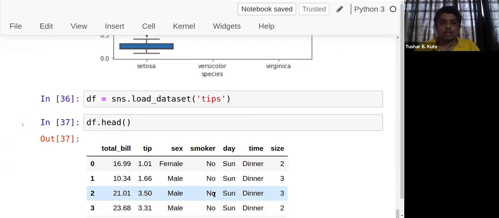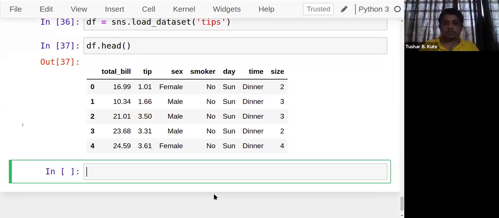See, the total bill of the customer and the tip given by the particular customer to the waiter, the sex of that customer, male or female, whether he was a smoker or not, the day on which he visited, the time when he visited, whether dinner or lunch, and the total number of people who were there. Like that the data set is present.